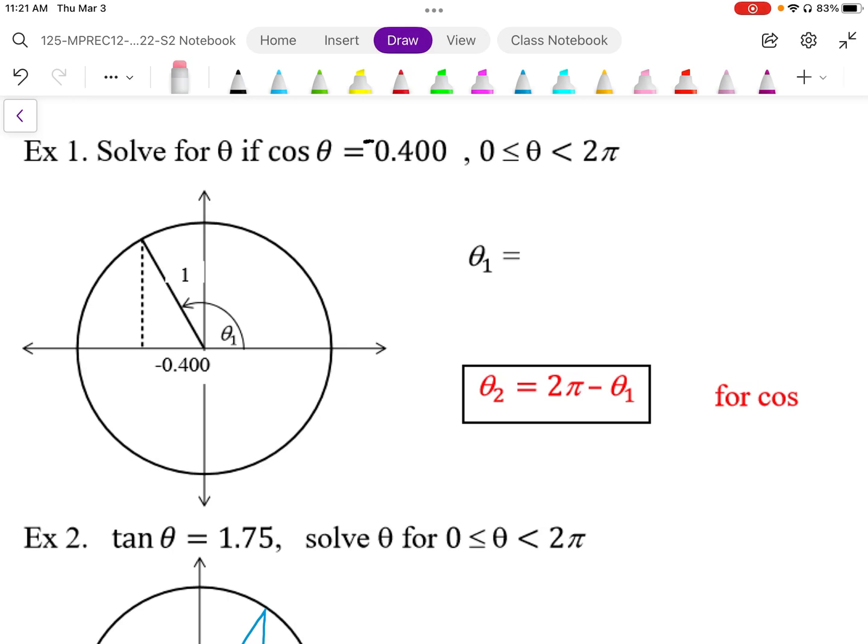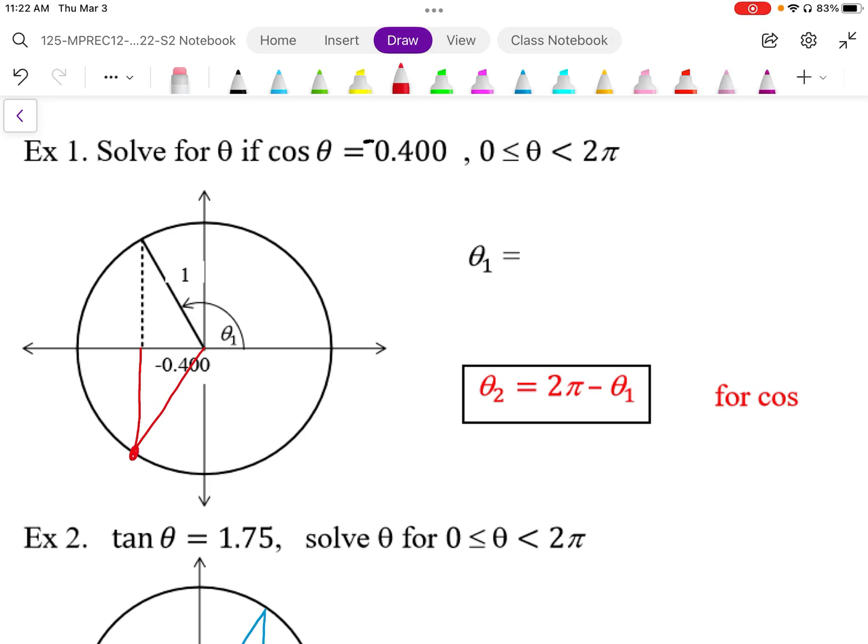And then we have this diagram here. And clearly that point defines an angle, which we're going to call theta 1. But there is another position where I can draw the same ratio. Since cos only gives me the x positioning, the y positioning could be down at the bottom, in quadrant 3. So I can draw the same